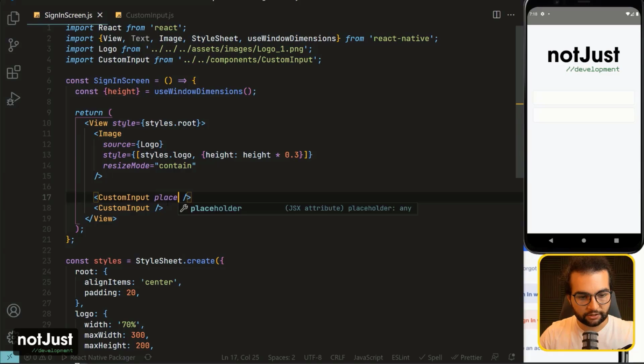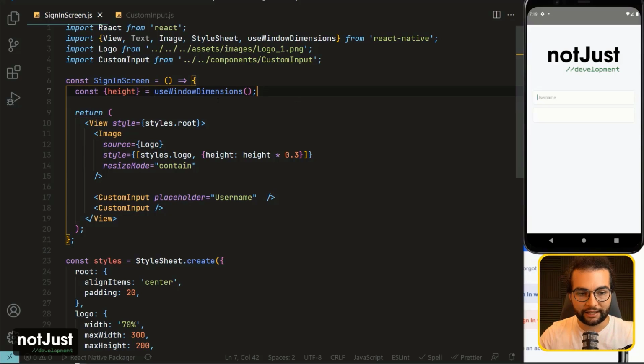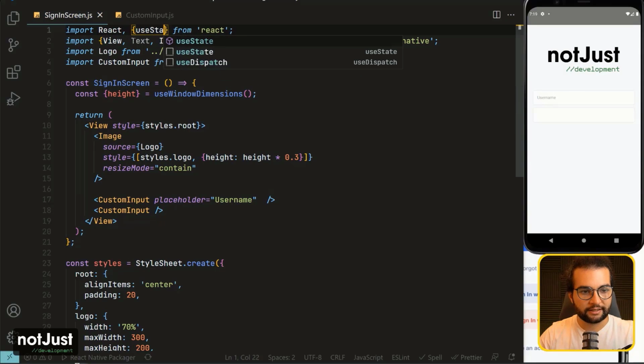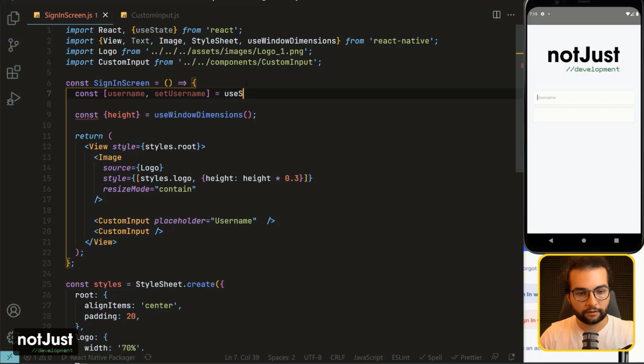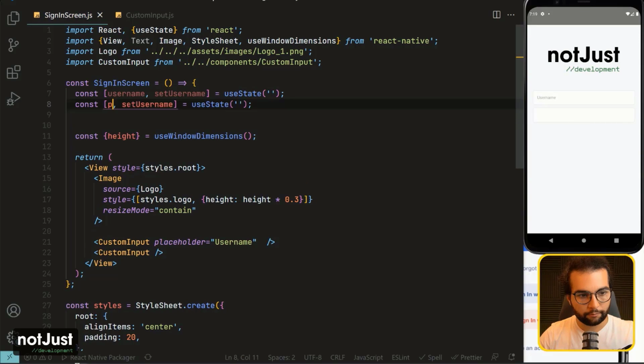Okay, so let's go back here and let's start with the first custom input. It's gonna have a placeholder username. For the value and the set value, we are gonna need state to keep track of the username. So let's import the useState hook from React, and let's define on top of our component our username, set username state. Initially it's gonna be an empty string,